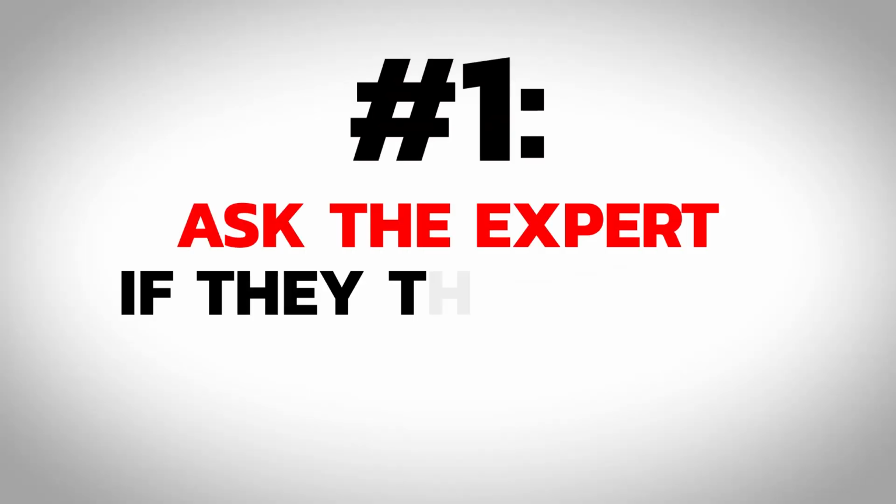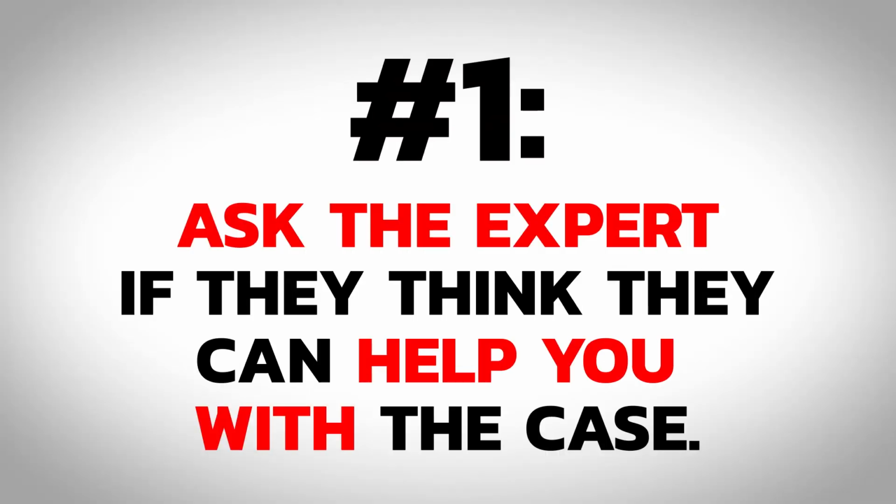Tip number 1. Before you retain an expert for a file, don't simply just send the medical records out. Get the expert on the phone, talk to them about the case, give them some background, and ask the expert if they think that they can help you with the case. That 5-minute phone call will save you